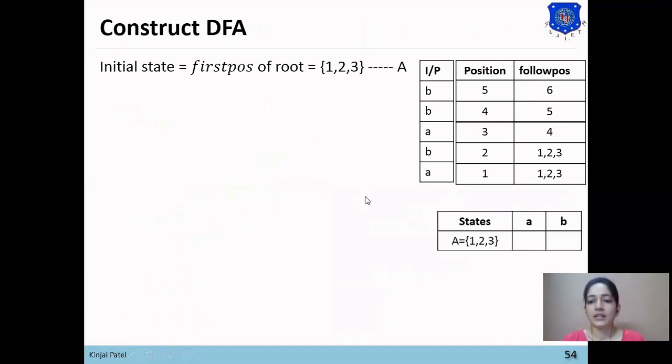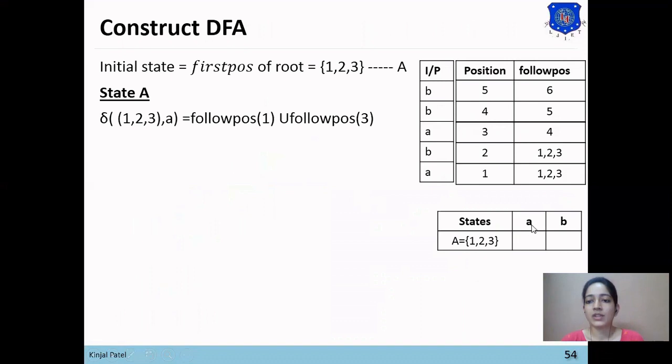A is the starting state. Now we want to find A on input A, which will be the union of follow positions. Follow position of which position? It depends on the input symbol you are finding, like 1, 2, 3 with A.